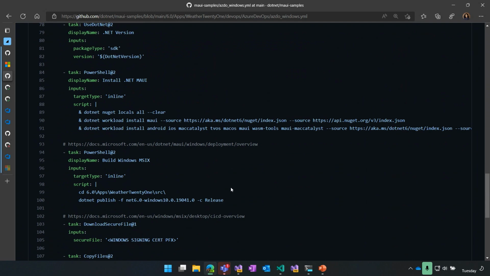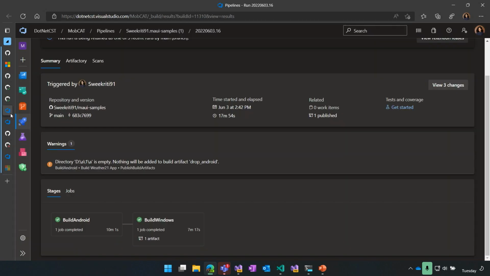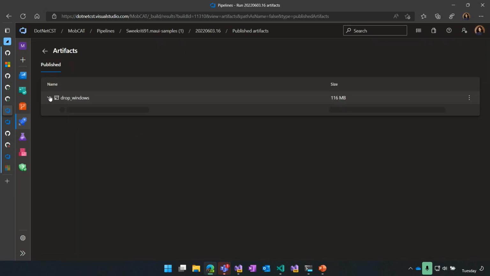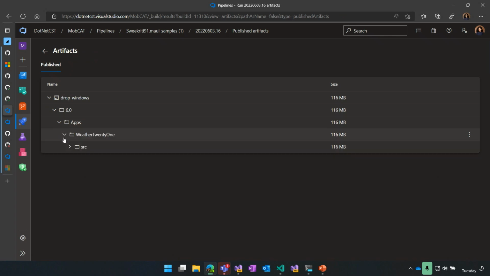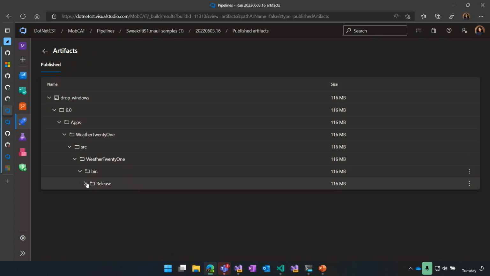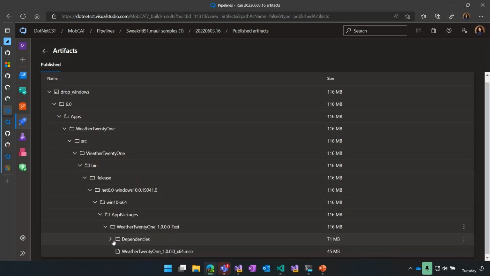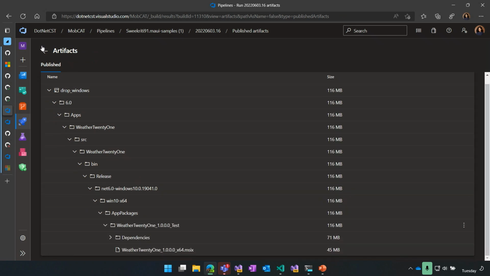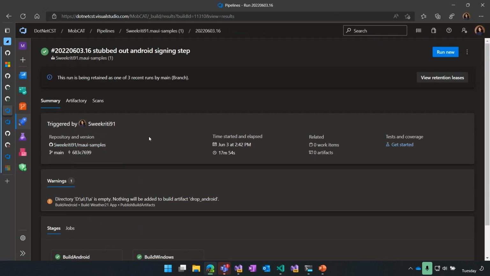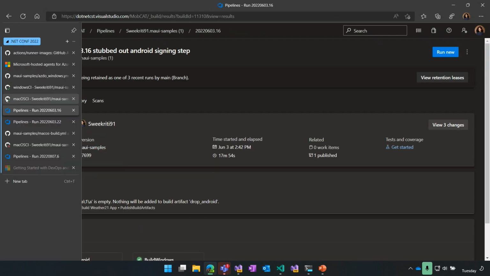So this is what we have right now, and this is what it translates to, right? So in your build pipelines, it looks all pretty and beautiful. And I come in here, I have my, hey, look at my little published app over here. And I'm all the way down this beautiful path and almost there. There we go. There's a little MSIX. Okay, so again, very simple. This is how we have it set up right now.